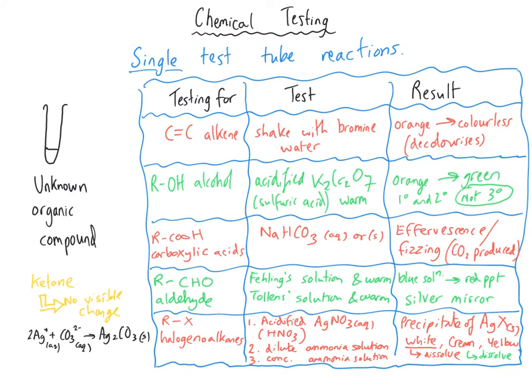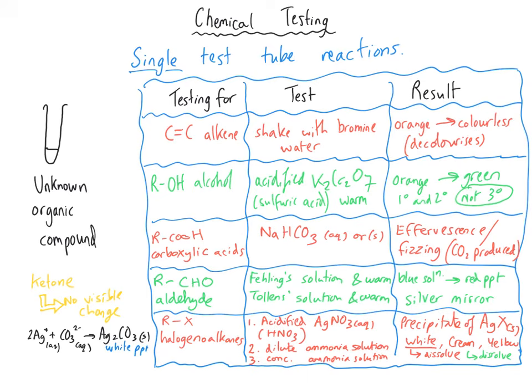And on the subject of white precipitates, why do we need to acidify at all? Well, silver from the silver nitrate can react with carbonate impurities that we find in all sorts of different samples and make silver carbonate, which is a white precipitate. And so we might get a false positive where we think we had chloropentane, but we actually didn't. We just had pentane